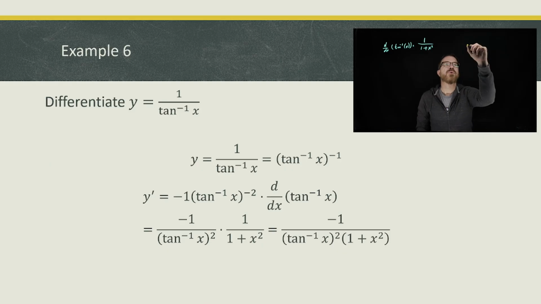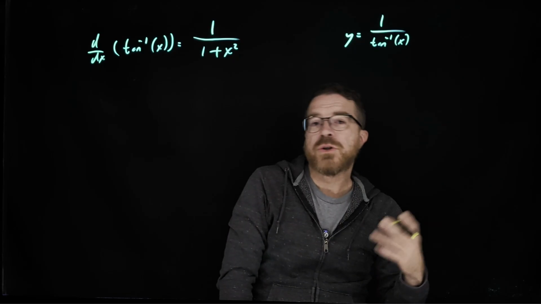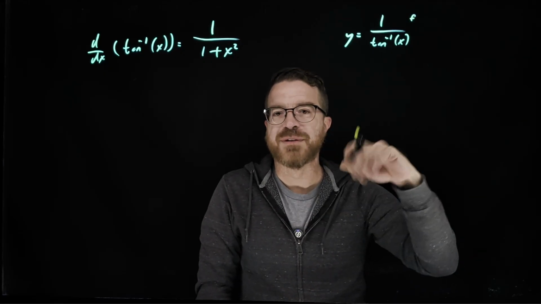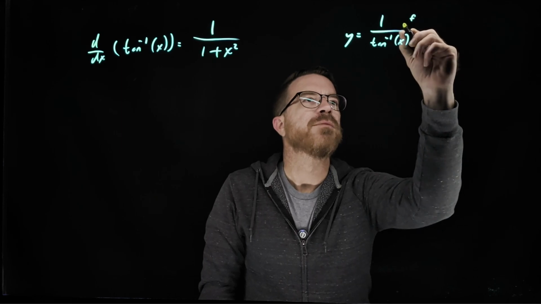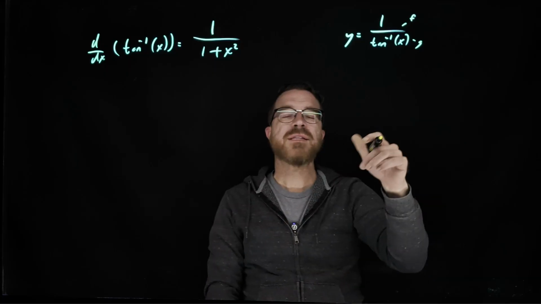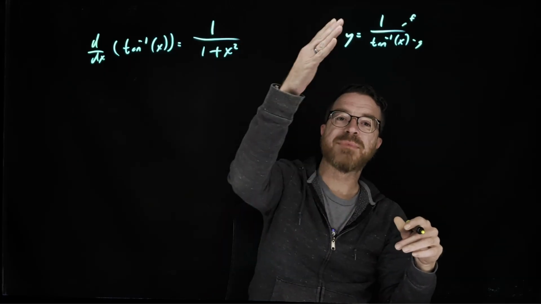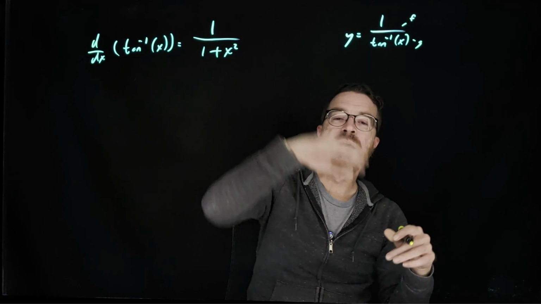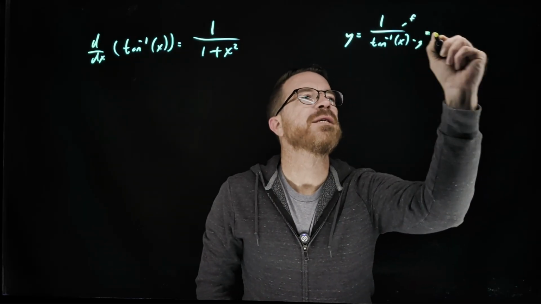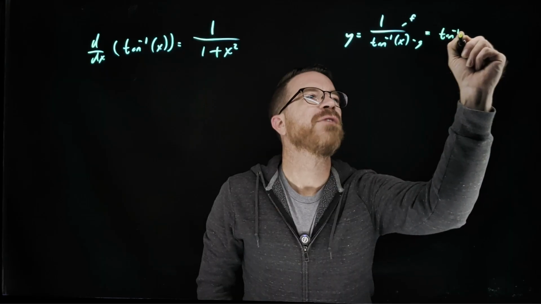So let's say, for example, that we had y equals 1 over the inverse tangent of x. What we could do is use the quotient rule, right? Treating this as f, whose derivative is just going to be equal to 0, so it's not too difficult, and treat this as g. Or we can take the fact that if we have a negative power, it's the same thing as putting something into the denominator, especially if we have this, in this case, to the first power. So I can actually write this as the inverse tangent of x